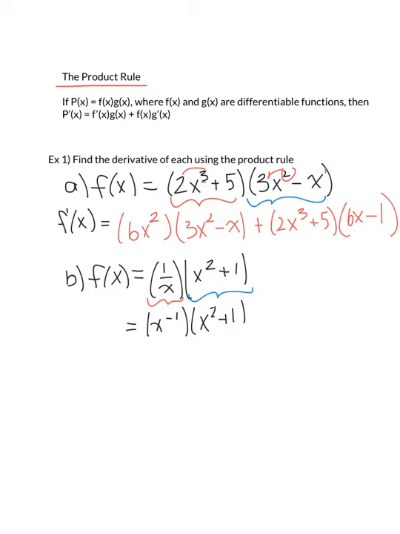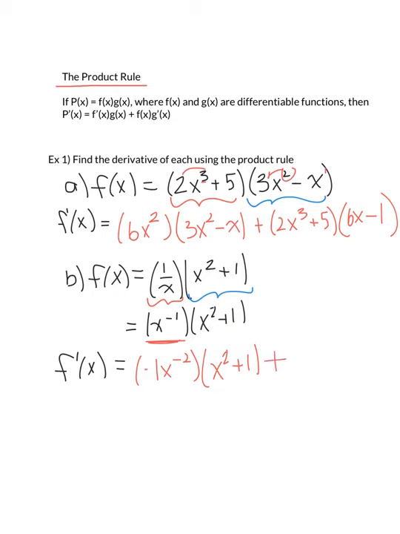That makes it a little bit easier for me to think about when I'm deriving using my power rules. So f prime of x, or my derivative, is equal to the derivative of this first function. So bring my exponent down and lower my exponent by 1. So that's a negative x to the negative 2 times my original second function